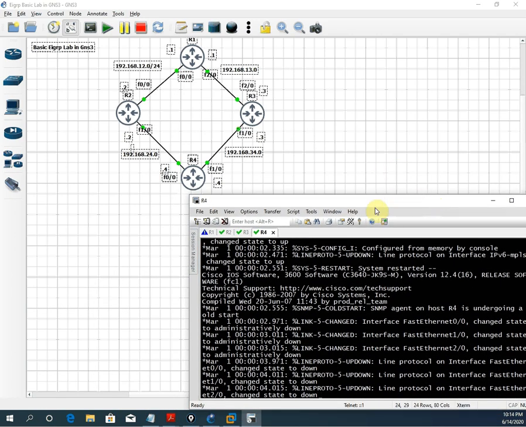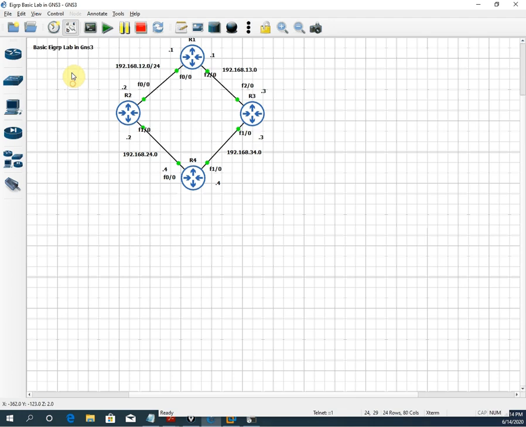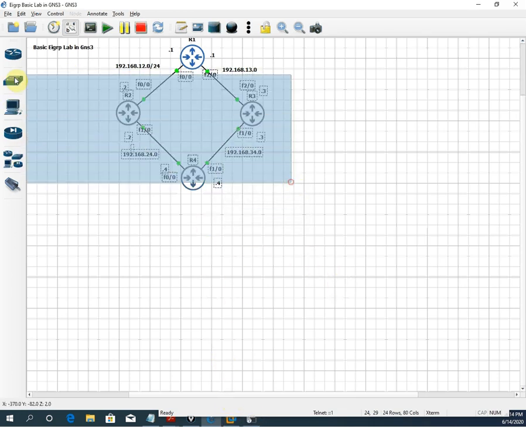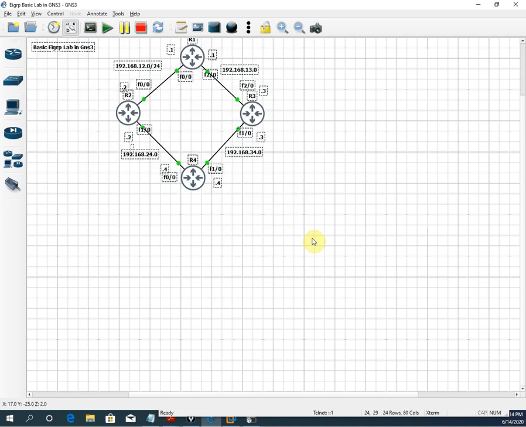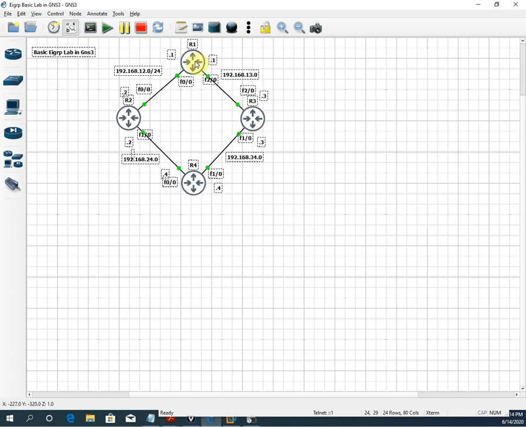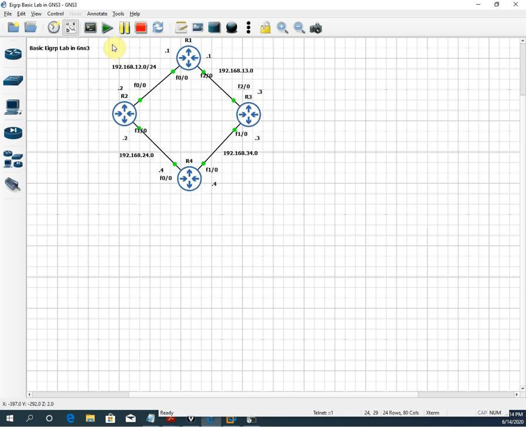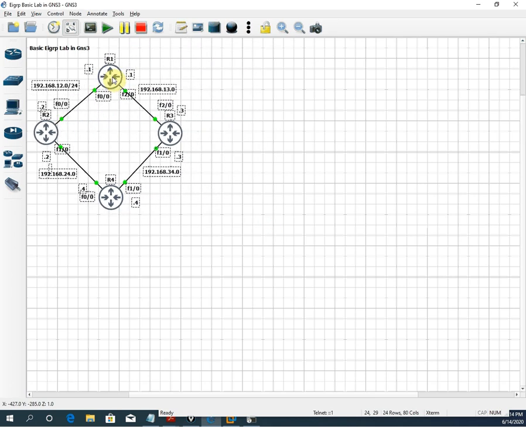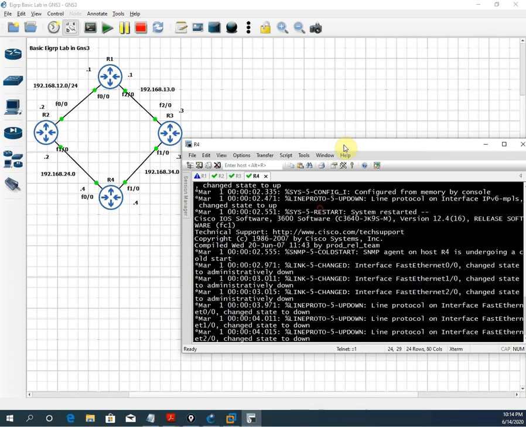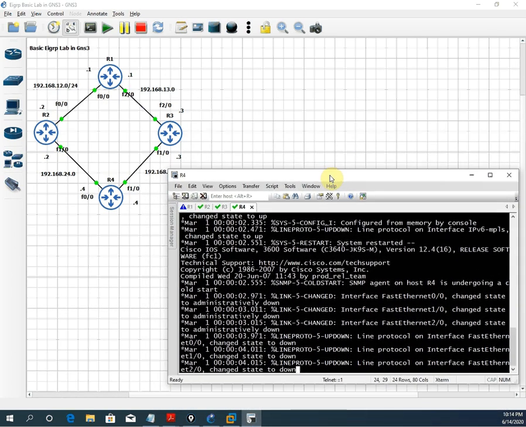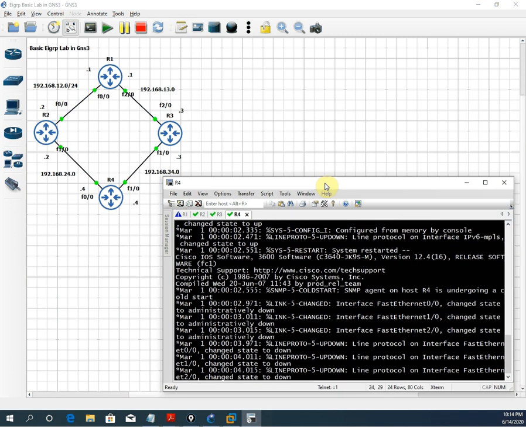Okay, I hope you are enjoying and liking this video. This is just to arrange and get the concept, because many guys are confused. They are asking me how we can use GNS3. So I created this basic series on how we can use GNS3. Okay, so now this is the diagram and this is our console window. So now we can start doing the configuration.